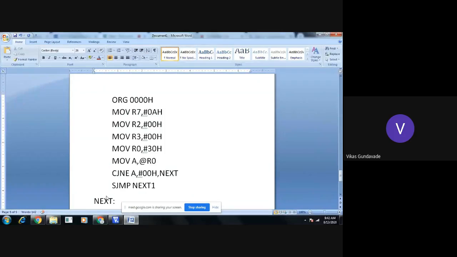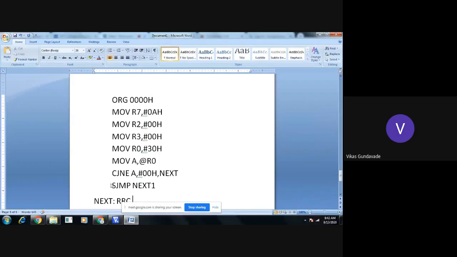To check that, we need to rotate the contents towards the right side by one position, and shift the LSB to the carry so that we can check the carry bit. Here we need to use the instruction RRC, rotate right through carry. So we need to write the instruction RRC.